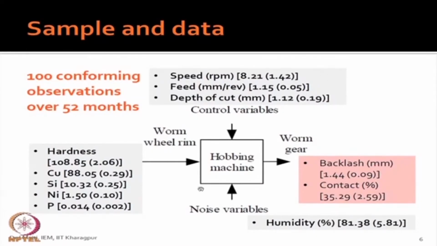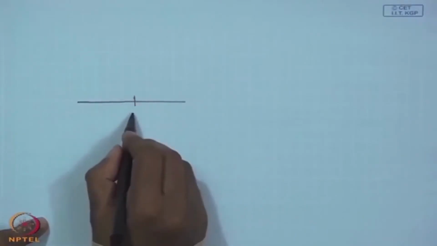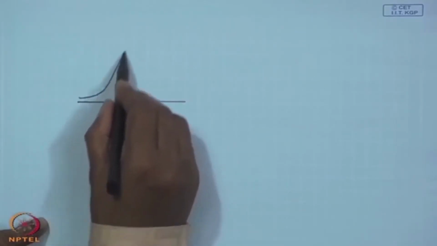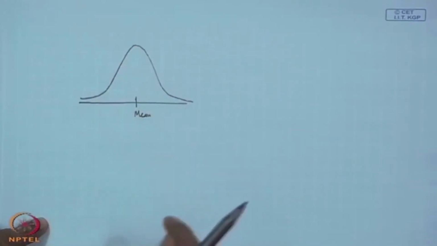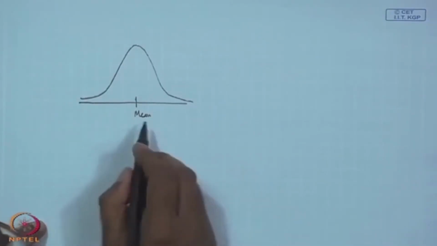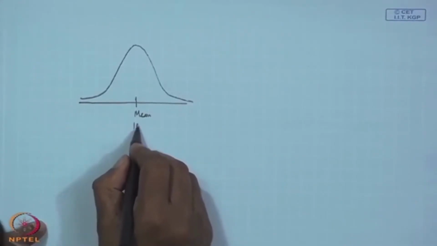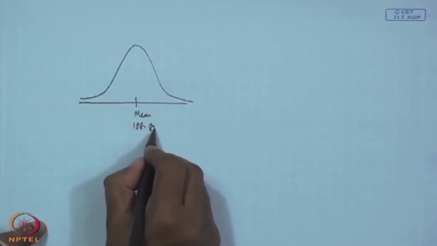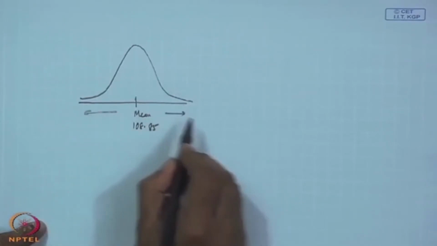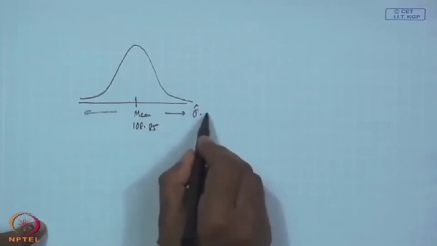If you assume that the process is multivariate normal, then what will happen? The individual variables will be univariate normal. So, under such conditions, for everywhere you can find out what is the mean value, and as you know the standard deviations, you will have a distribution like this. For example, if I consider hardness, the data mean is 108.85 and the sigma cap is